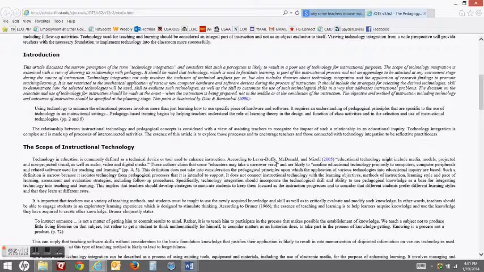Okay, here it says, according to Lever, Duffy, McDonald, and Metzel in 2005, educational technology might include media models, projected and non-projected visual, as well as audio, video, and digital media.